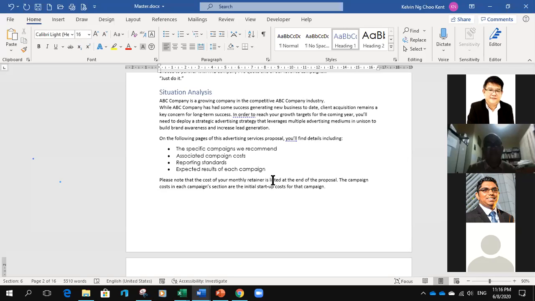When you create a master document, you can create a folder in your OneDrive or your Google Drive. You can use whichever cloud drive that you have and put it there. And make sure you give permission to your team members to access that particular folder so that they can open and edit the document. That is right, if you want live updates.